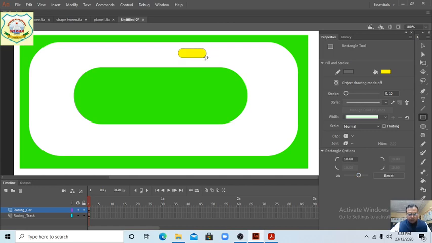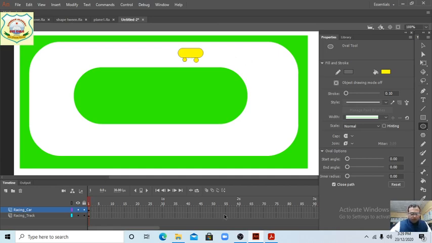Yes, this way. Now we will take the circle tool for wheels, very small. Two wheels we have taken.